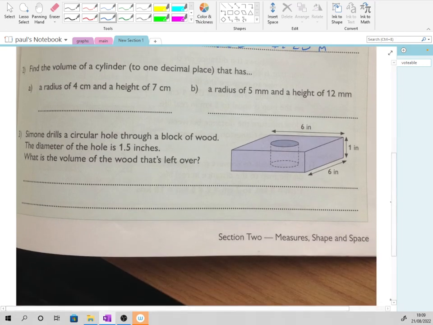And this one looks more complicated. Find the volume of a cylinder to one decimal place that has, oh no, there's two different questions. The volume of a cylinder that has a radius of 4 and a height of 7. So the volume of a cylinder is pi r squared times the height, which is pi times radius, which is 4 squared times 7. Okay, so shift pi times 4 fours are 16 times 7 equals